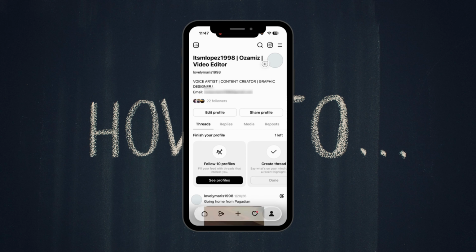Hey guys, I'm going to explain to you multiple Instagram accounts on Threads. So if you have more than one Instagram account, you can use multiple Threads accounts. So each Threads profile is linked to a specific Instagram account, which means every Instagram account has its own separate